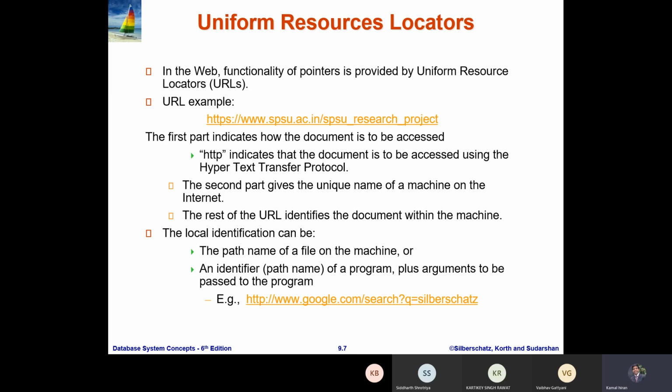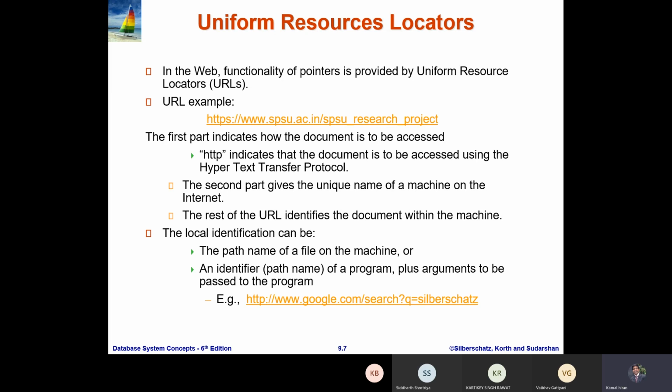But if you go for any other website for a government organization, then you can see .gov.org, or let's say the worldwide organizations, you can see facebook.com or google.com, because they are commercial organizations. Whereas if you go for a different country like the UK, then you can see the domain name is .uk or .dk.